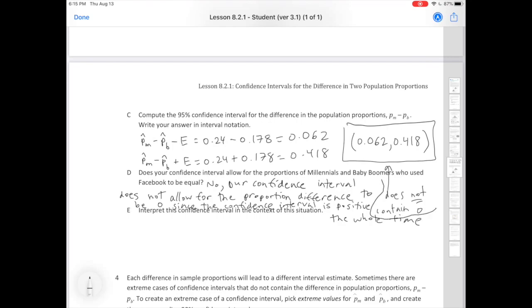Sorry, just to clarify here, this is part of something different, okay? Finally, we can interpret this confidence interval in the context of this situation, okay? The most important part, of course, is explaining this, being able to explain what we just found. So we would say,